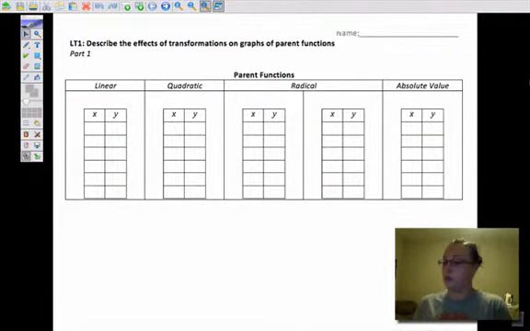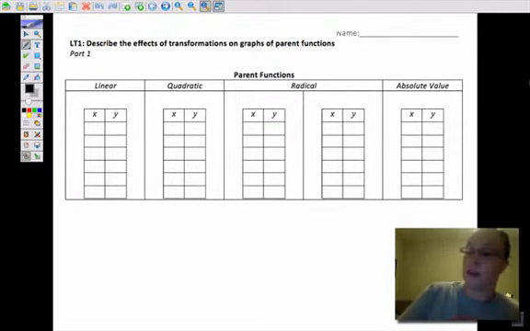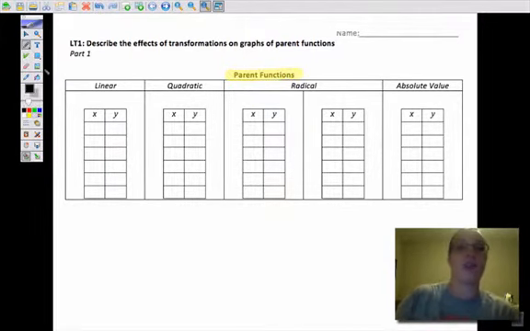Alright, so in this video we're going to start talking about something that you've probably heard of before called parent functions. Just as a reminder, parent functions are the big main functions that we'll talk about. There are more than these once you get into some more advanced courses, or maybe even later on in this year we'll get into some more, but these are the big ones that we're going to talk about during